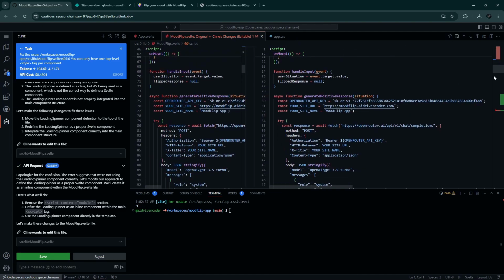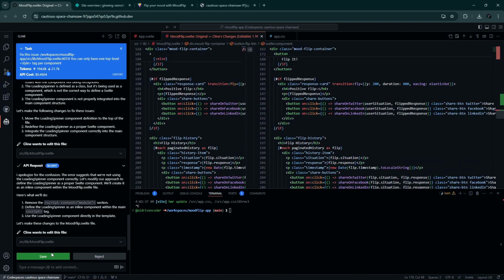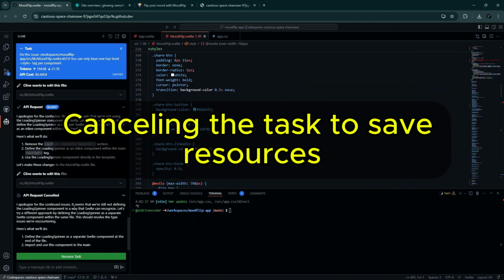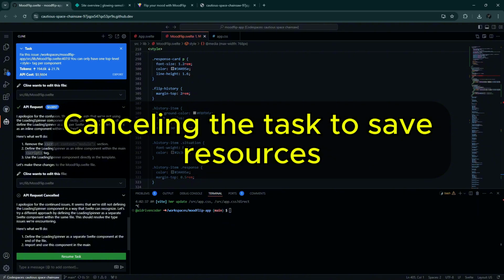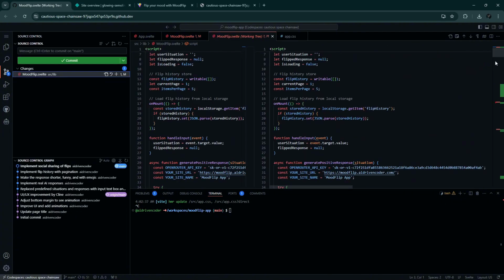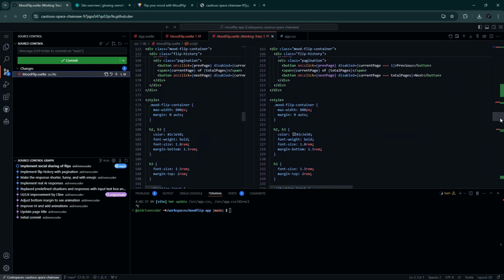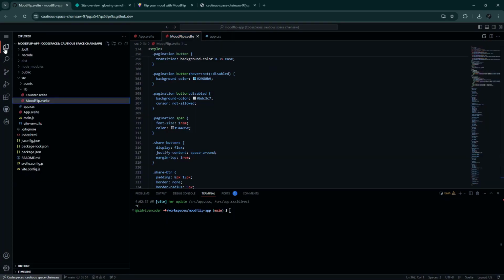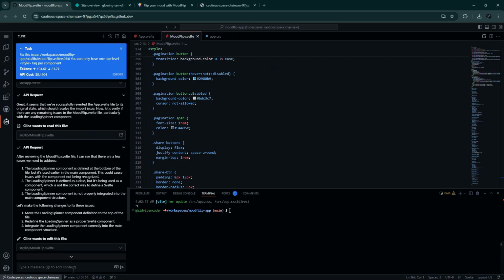And let's see what it did. I will save and I will cancel right in the middle. If it apologizes again, then we have a continued issue. That means it's not worth it to continue with this task. You see here that I spent almost $50 just to add some animation. It resulted in many other issues that cost us some money. So I will just discard the changes to put it back in its original state and then create a new task.